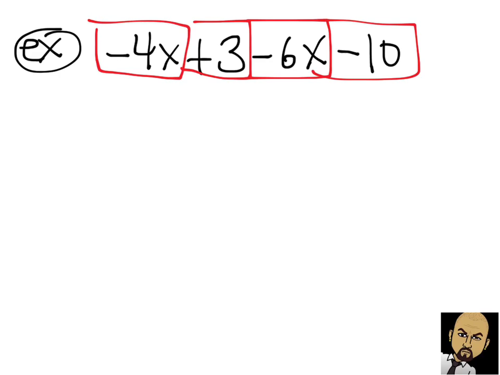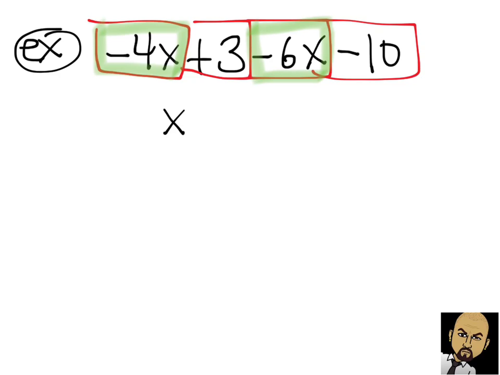Now we have variable terms. We've got negative 4x, and this term over here is also x's. That's negative 6x. So when we combine x's and x's, your answer is going to be x's, because x minus x is x. Apples minus apples is apples. And now we want to subtract negative 4x minus 6x with the coefficients